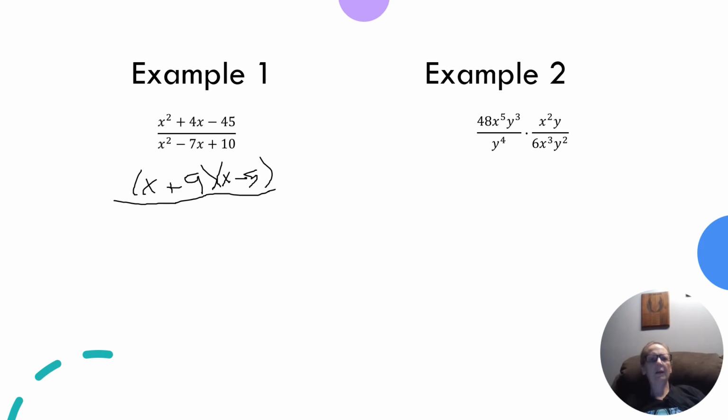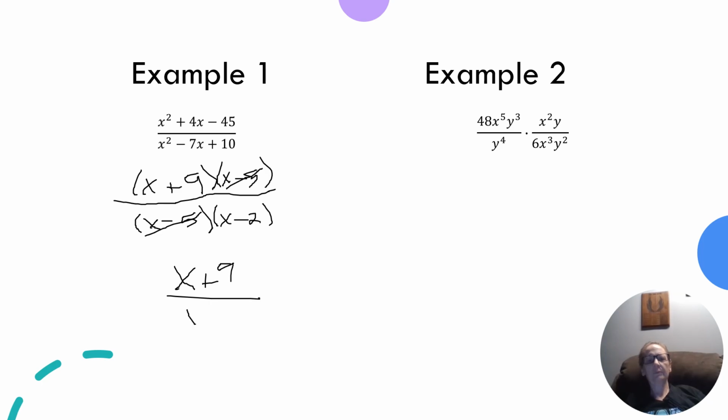So this is where being good at factoring comes in handy because it'll go a lot faster the better you are. All right, and then we're going to factor the denominator, x squared minus 7x plus 10. So we're looking for things that multiply to 10 that are both negative and add to negative 7. So those two would be 5 and 2. So it's going to be x minus 5 times x minus 2. And then we are going to cancel out the common terms. So the x minus 5s are going to cancel out of both the numerator and the denominator, and I'm left with x plus 9